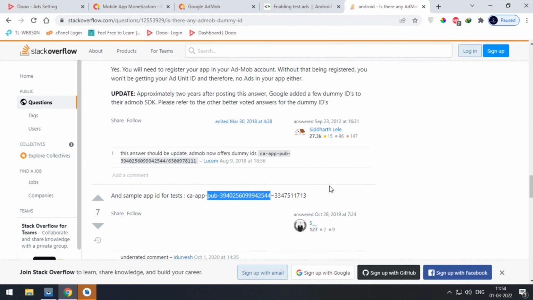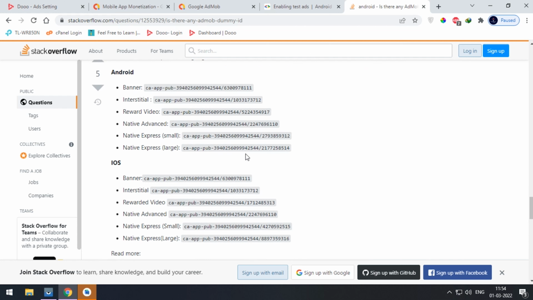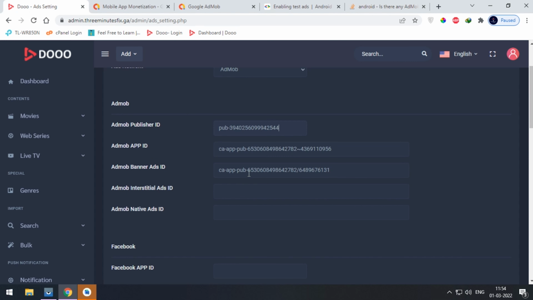I will attach the link to our description. First, I will copy the banner ID from the list. Now paste it in our admin panel. Next is to paste our test app ID.